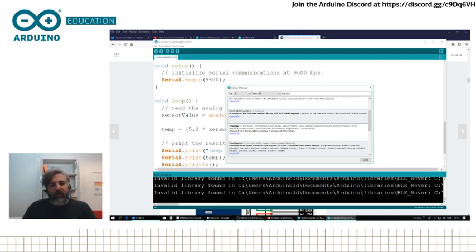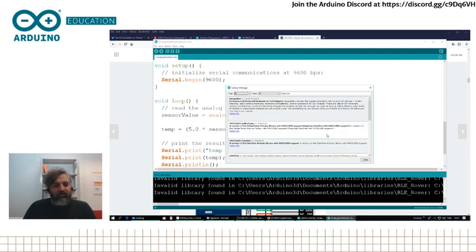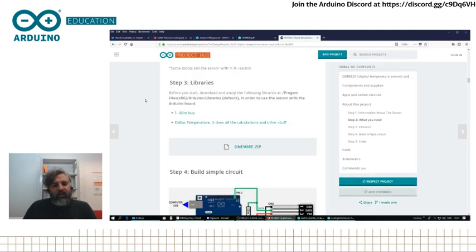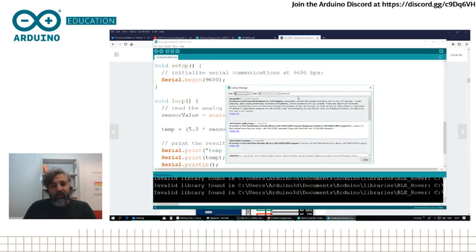But I suspect this one wire library by Jim Studd, Tom Pollard, Robin James, well, all of these people building it up, is the one we need. We will install the latest version. There you go. And let's see what else we need according to the website. Dallas temperature, it does all of the calculations and stuff. So let's see whether we can find